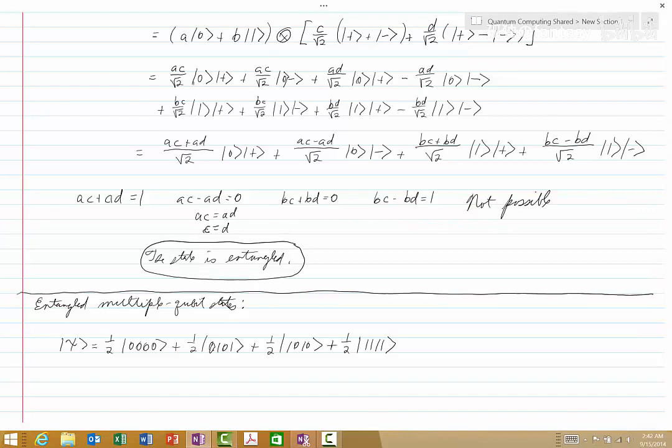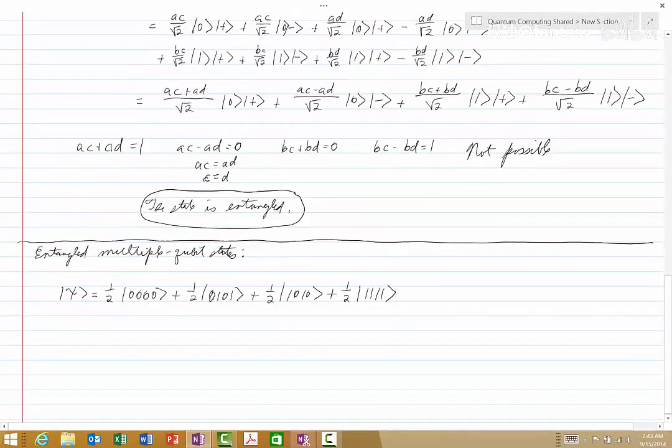Now, as your book says, if you're asked about entanglement and that's all that is given, that you're just asked if a state is entangled or not, then the assumption is that you are going to decompose this into the tensor product of n qubits. In other words, we'll consider one basis for each qubit present. So just to make sure that this is clear,